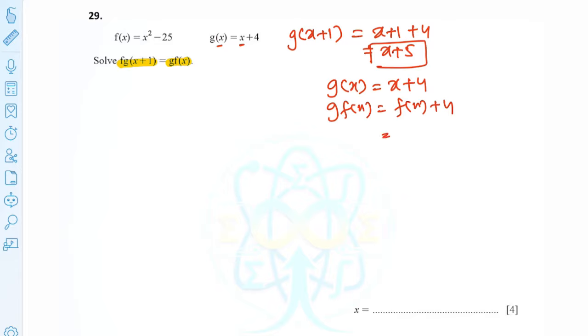So f(x) plus 4, what is f(x) is given? x squared minus 25 plus 4. That means x squared minus 21 is called g(x). Clear? Next is